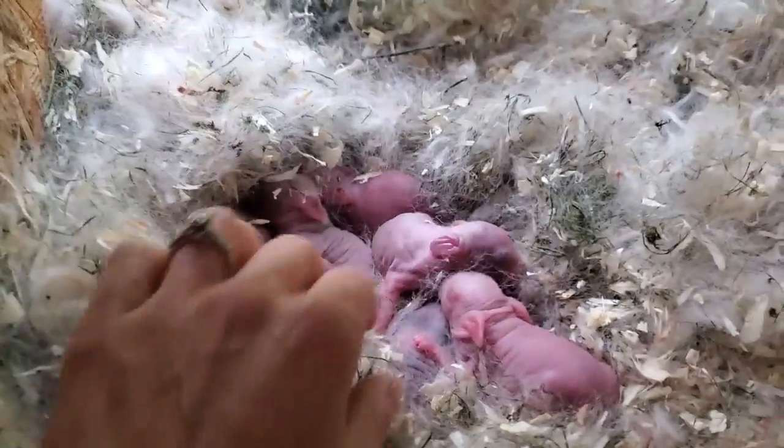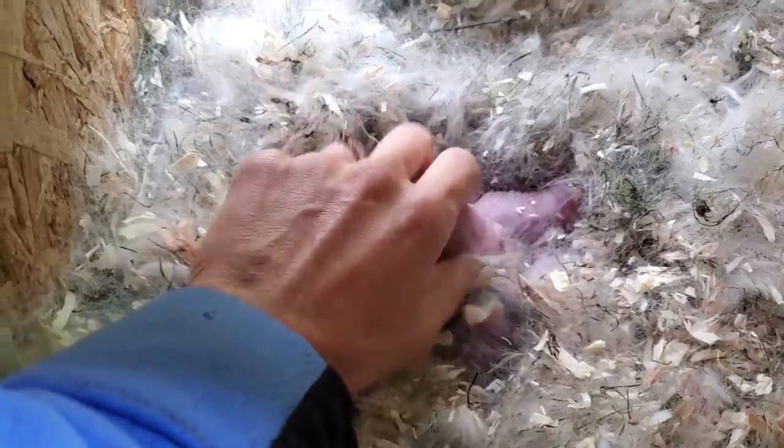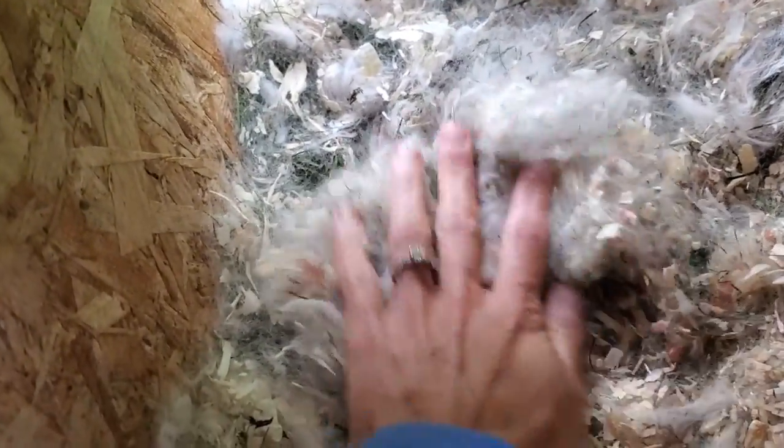That's another Harley. Oh, so is that one. So 4 harlequin. Sorry. And there we go. So 6 healthy kits, all in their nest. They could probably use a little bit more fur, but